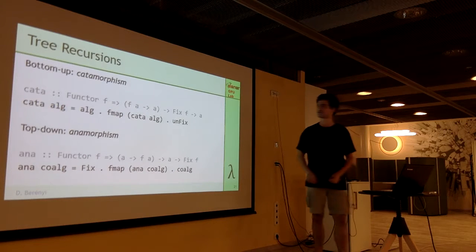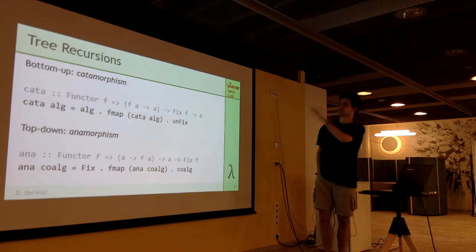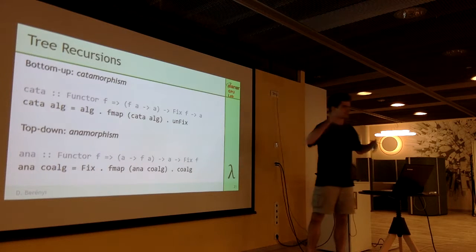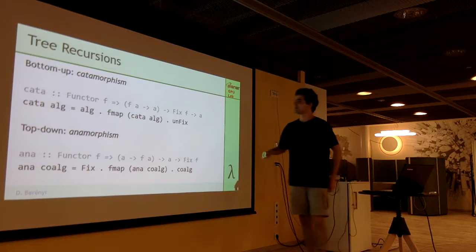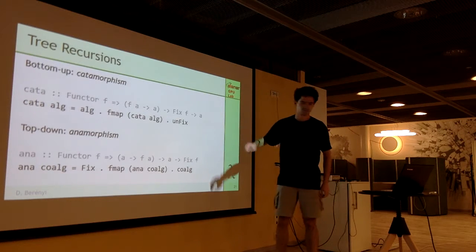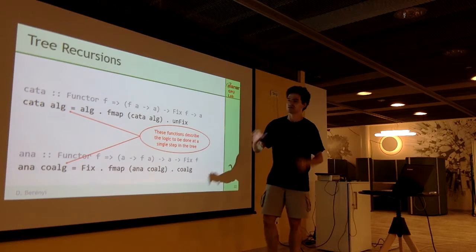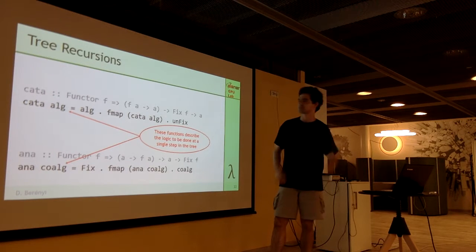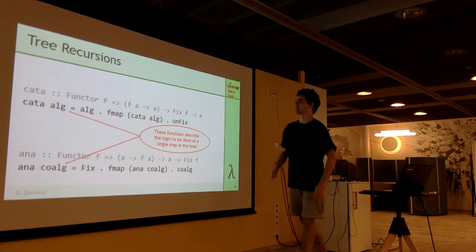Okay, so without any detour to the algebraic background, these are called catamorphisms and anamorphisms that represent the bottom-up and top-down processing of the tree. And you can see that these are really the duals of each other, and I will be discussing them in depth. The main thing that you need to see here is that we are supplying them the logic separately from the traversal, and this logic, what to do at each step, is called the algebra in the case of the catamorphism, and coalgebra in the case of the anamorphism.